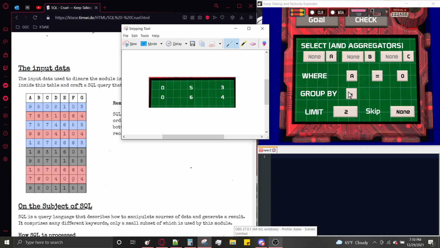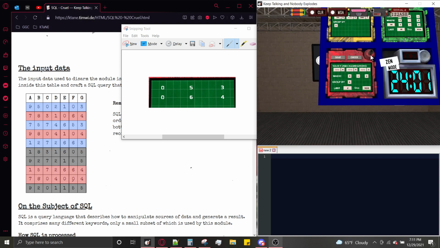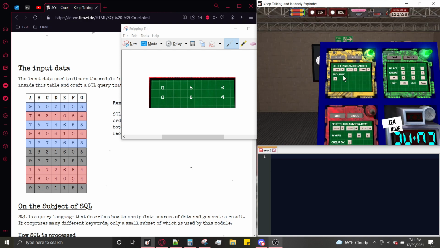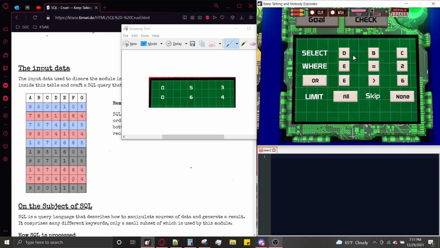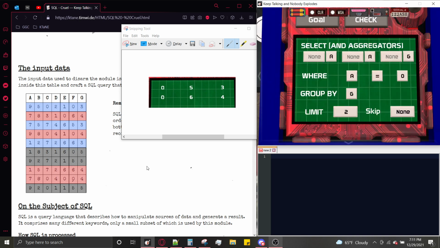Now, because we're grouping by G, we can set the third aggregator to G. You can also use multiple columns for multiple aggregators, which you can also do in evil. Won't show you now because it's solved, but you cannot have multiple columns selected in basic. Anyway, we're going to look for a condition where of all the rows we're looking at,